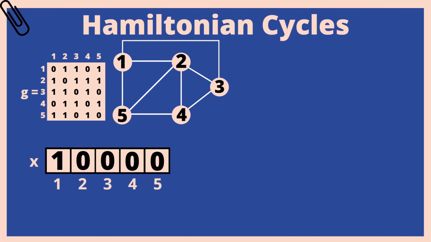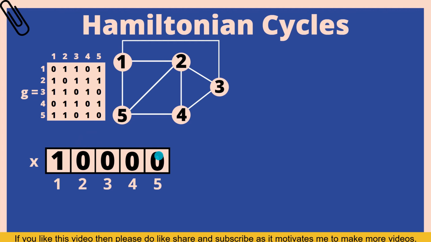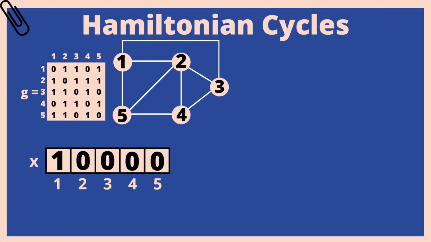Before starting the program, I want to tell you that there are 3 conditions which are applied while using this algorithm. The first condition is that there should not be any duplicate elements in that array. If there is 1, we can't use 1 in these cells. The second condition is that there should be an edge from the previous index's vertex to the next index's vertex. And the third condition is that if we are at the last index, then there should be an edge which connects the last index to the first index. So let's start the algorithm.